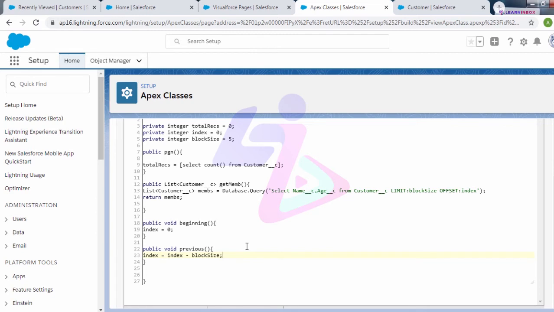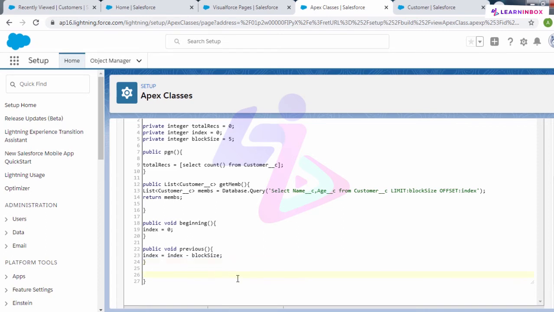Whichever index you are on, for example index number 10, the block size, that is 5, will be subtracted from it once you click on the previous button. So if you are seeing the next page, which contains record number 6 to record number 10, and you press the previous button, you will be taken back to page number 1, the page which contains record number 1 to record number 5. So the block size will get subtracted from the index. That is the logic behind the previous button.